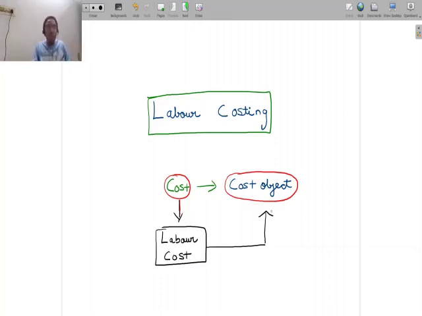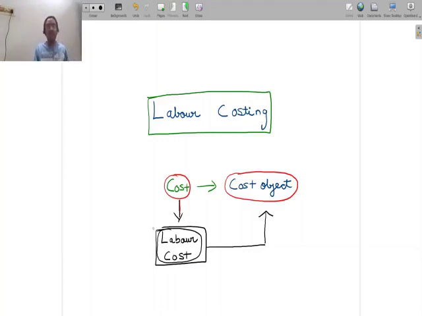Or an audit firm may want to find out what is the cost of getting one audit done, right? So in those cases, it is still labor cost that we are looking at, but we are looking at a cost object as a service activity and not as a product. Or a company may want to find out what is the labor cost involved with running a certain division. So a certain division is looked at as the cost object, and for running that division, work needs to happen in that division, and for that the division would incur some labor cost. So what is that cost we want to find out? So for any type of cost object, we may want to understand what is the labor cost associated.